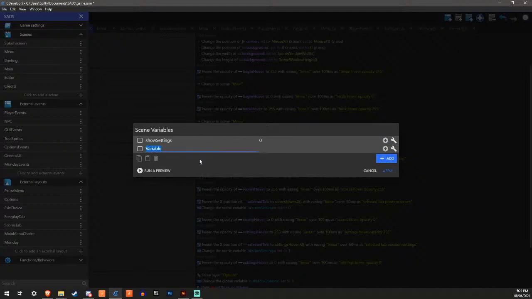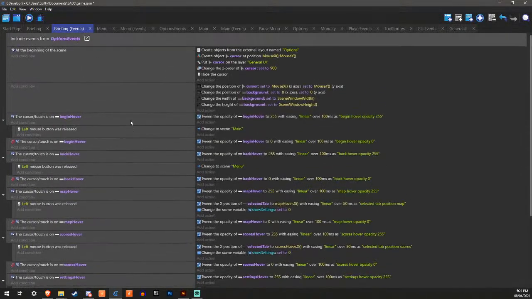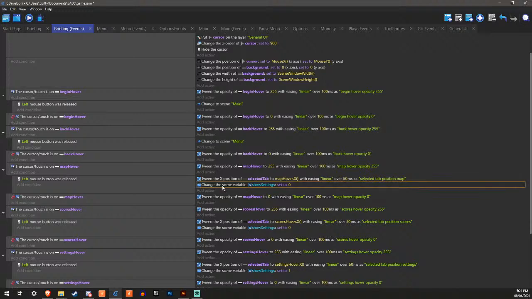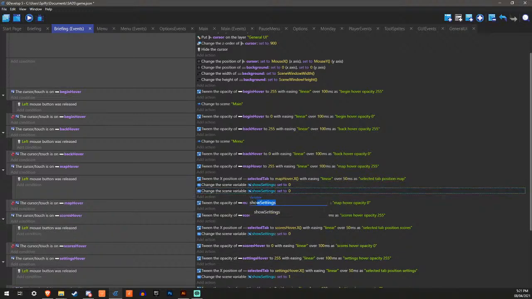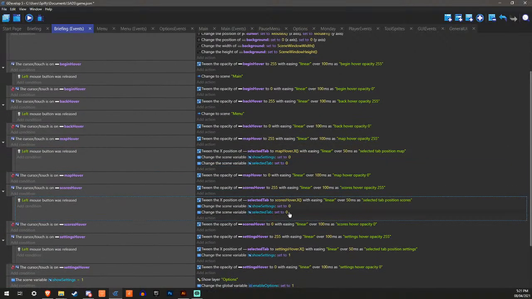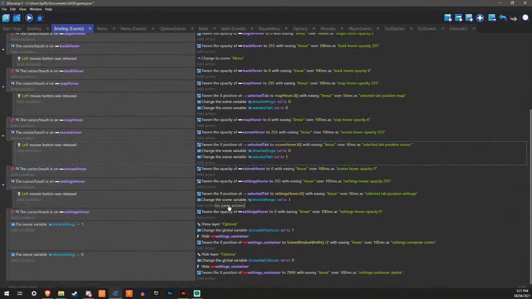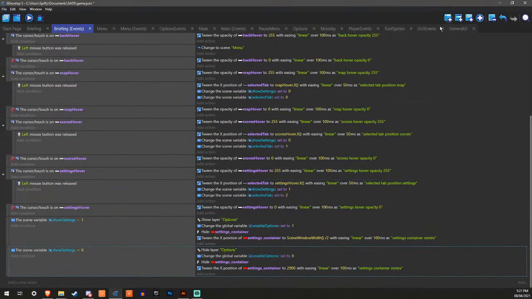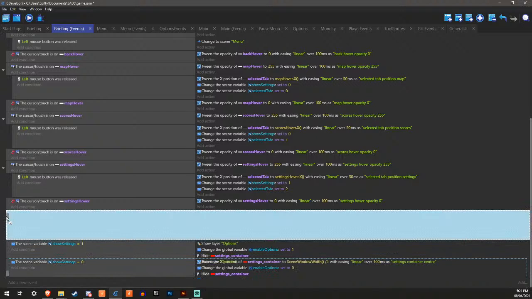So, just got to select the time. This. Cool. Change the scene variable selected tab. 0. Then change it to 1. Then change it to 2. Nice.